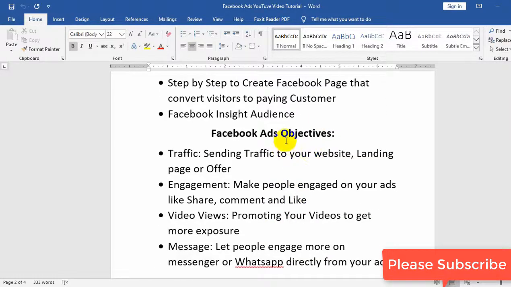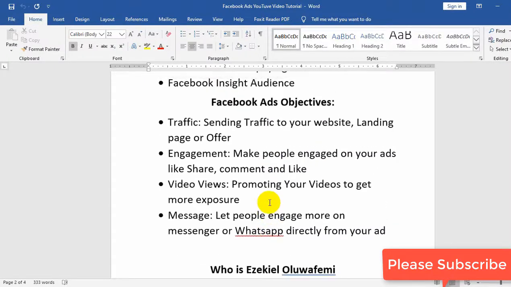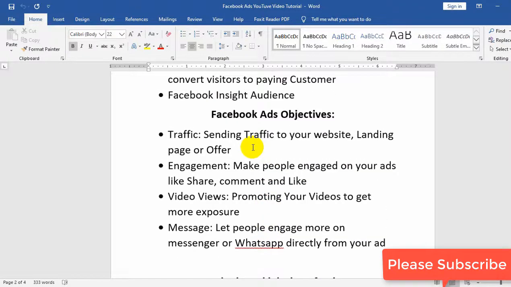So now, Facebook ads objectives. The 4 objectives we'll be focusing on today start with Facebook traffic. This is sending traffic to your website, landing page, or offer. This is very, very good for